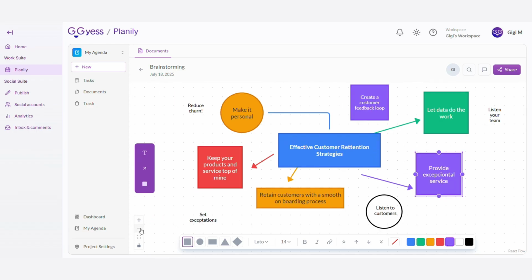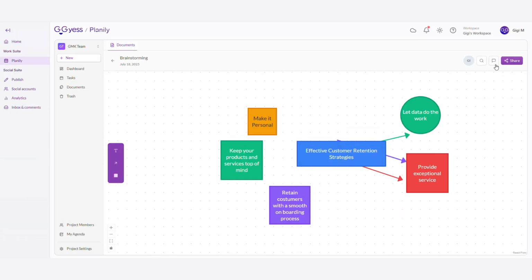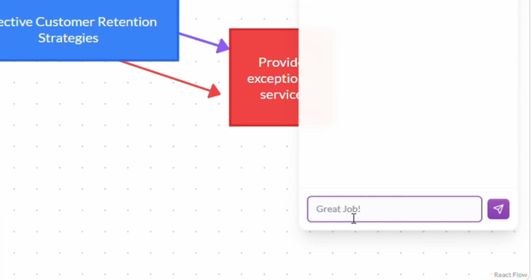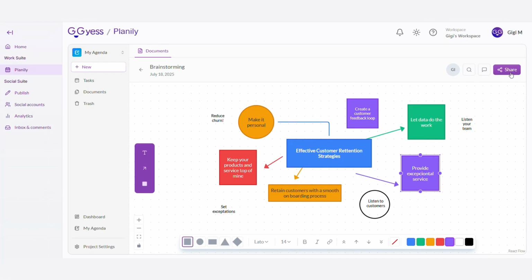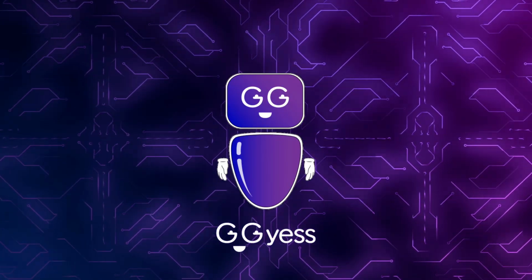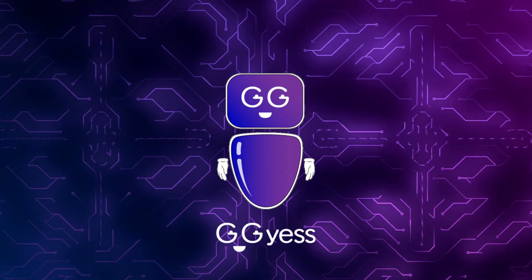Just like in the Notes document, you can access this discussion window to place comments, recommendations, and important details that you don't want to miss. And you can also, through this button, make this brainstorming collaborative by sharing it with the members belonging to the project. Now, it's your turn to explore the Work Suite module and take full advantage of all these tools to